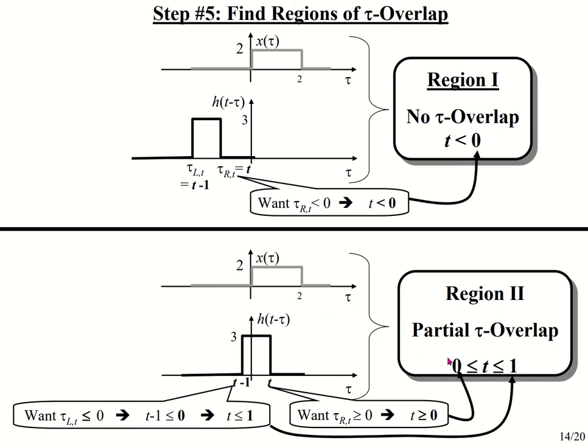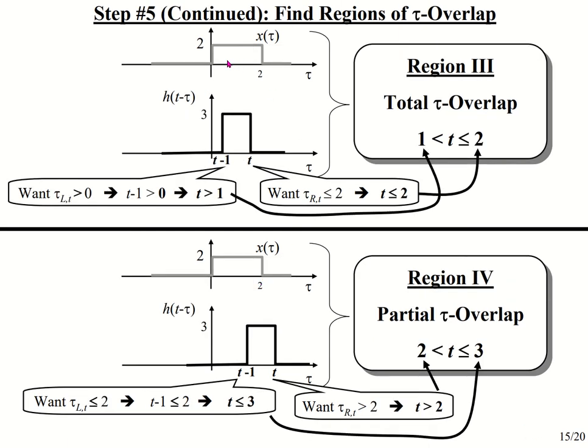So we talk about the duration in this case as 0 to 1. The first case was the time when t was less than 0. Then we have the second case when the time is from 0 to 1. The third case is that we'll be having the h and x overlapped in a manner that